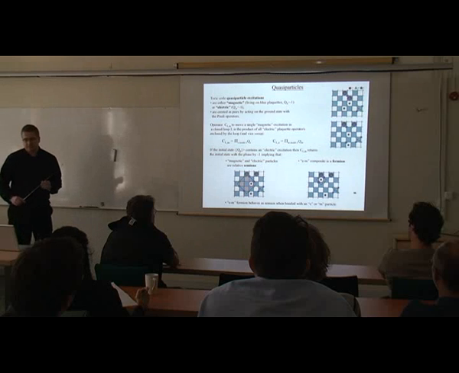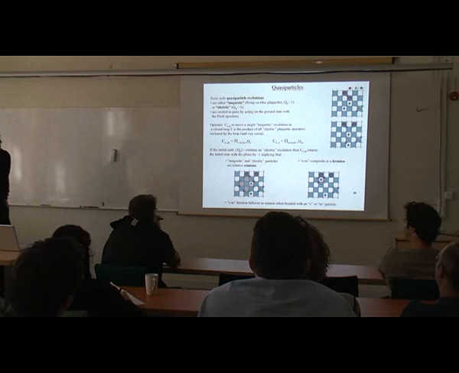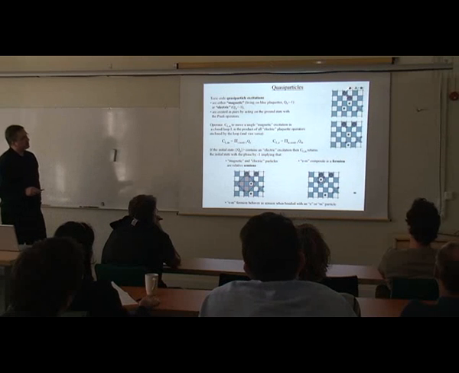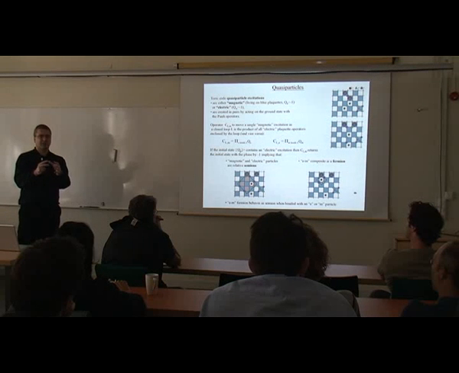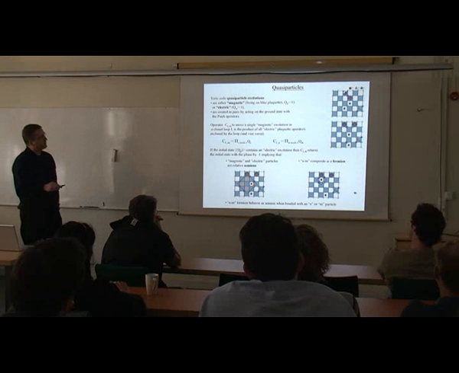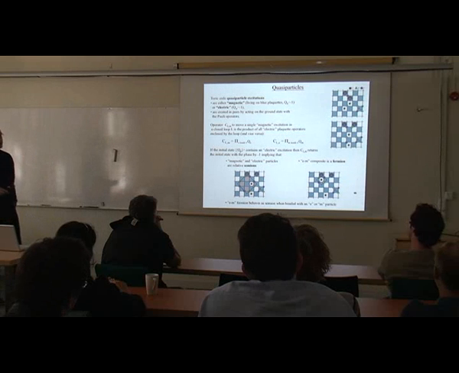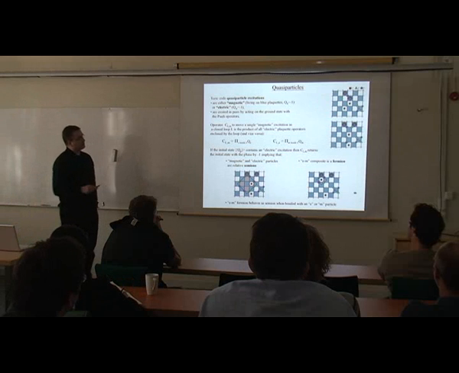What about the quasi-particles? We can talk about quasi-particles of two types in the case of the toric code. Those which are living on the plaquettes, which are of blue color, we can call magnetic. Those correspond to the quasi-particles on the original plaquettes of the toric code. So these are magnetic excitations. And those sitting on the white plaquettes, which would correspond to the star operators of the original toric code, are the electric charges. We can excite them by applying a single Pauli matrix on some of the vertices.